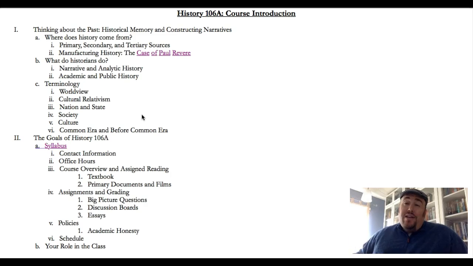And the reality is different human societies have measured that time in different ways, right? Have different ways of storing dates or thinking about the past. We use a system of dating that allows consistency, and it's very much still rooted in the Western tradition. And so as a result, we use the terms Common Era and before Common Era.